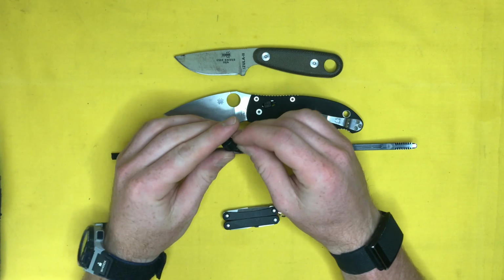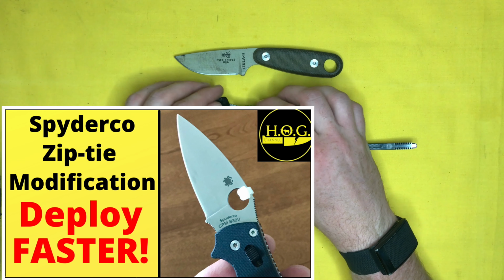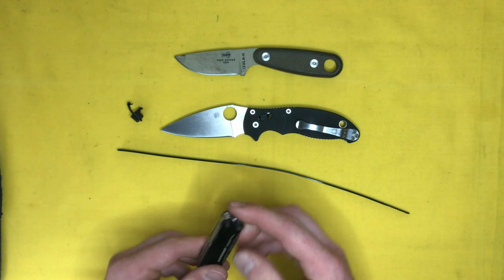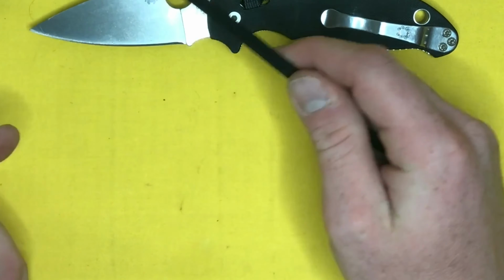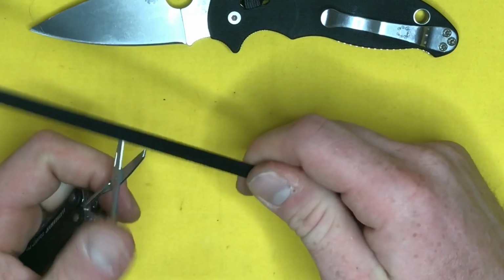If you've seen my last video where I talked about installing a zip tie Emerson Wave knockoff type thing onto your Spyderco knife, then you might have seen that I couldn't quite get through the thicker zip tie with the scissors that were on the Leatherman Squirt. They got through the smaller zip tie, the regular kind of small, thinner plastic one. The white plastic one's no problem. The thick zip tie is not quite allowing me to...